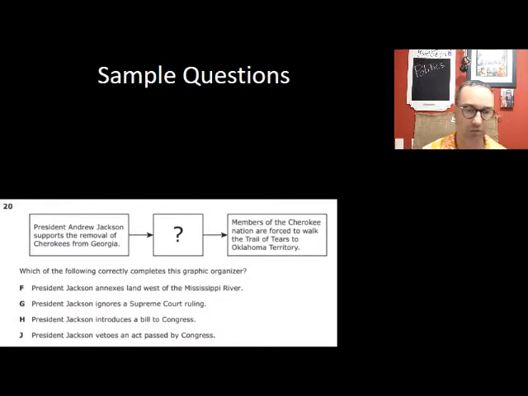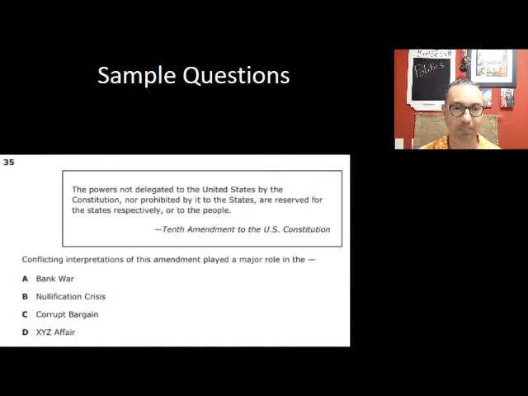President Andrew Jackson supports the removal of Cherokees from Georgia, and then something else happened, and the members of the Cherokee Nation are forced to walk the Trail of Tears to Oklahoma territory. What happened? Jackson ignored the Supreme Court. Yeah, that's what happened. It really happened. Anyway,